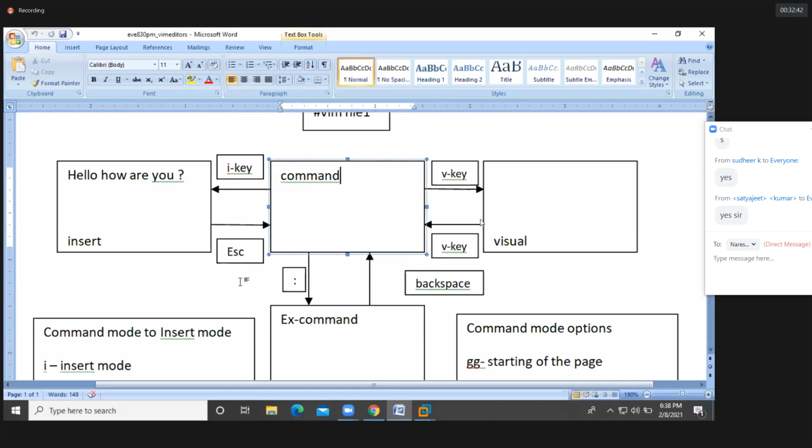To save the file, colon, extended command mode. So WQ, save and quit from the editor. So like this, you can edit the file. Okay? And one more thing,